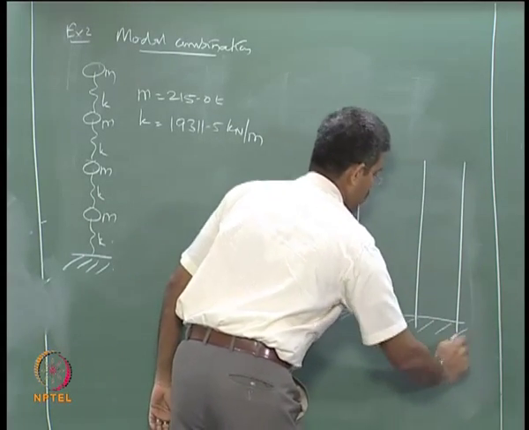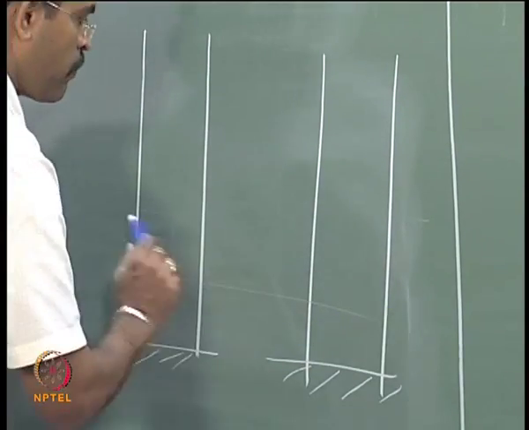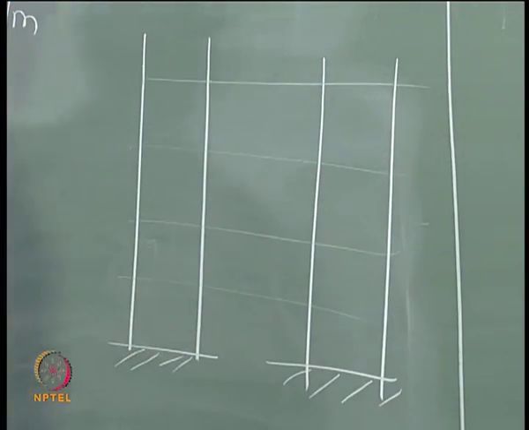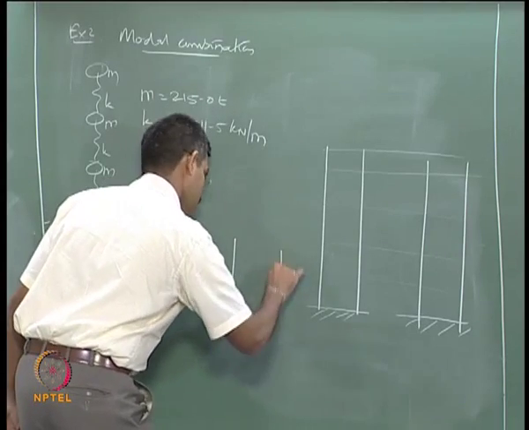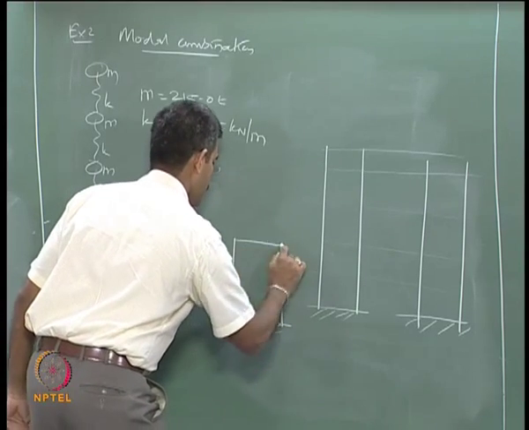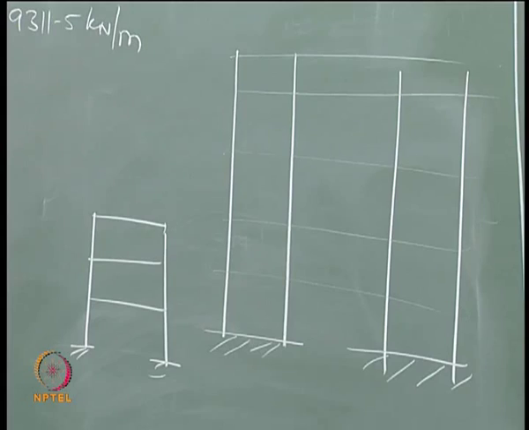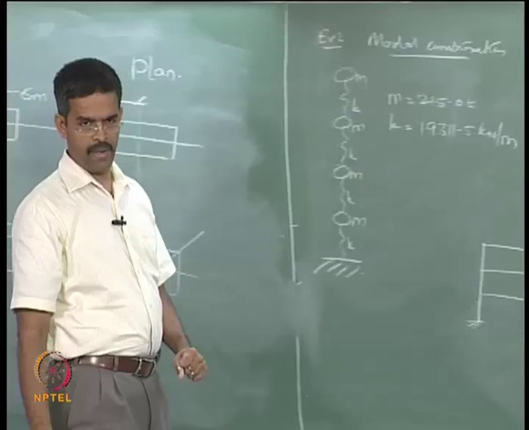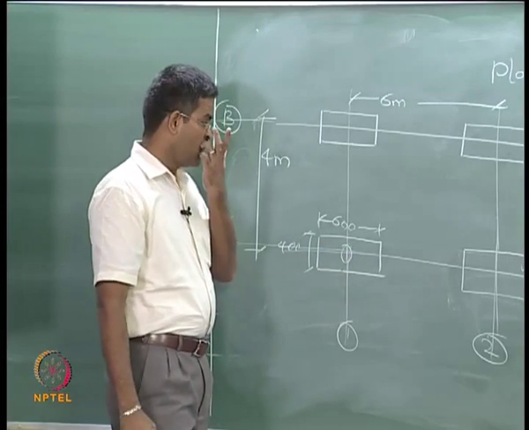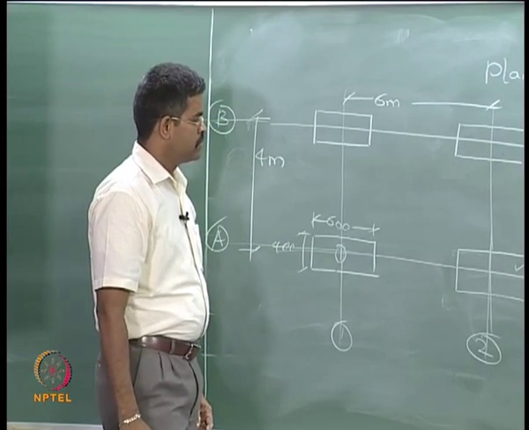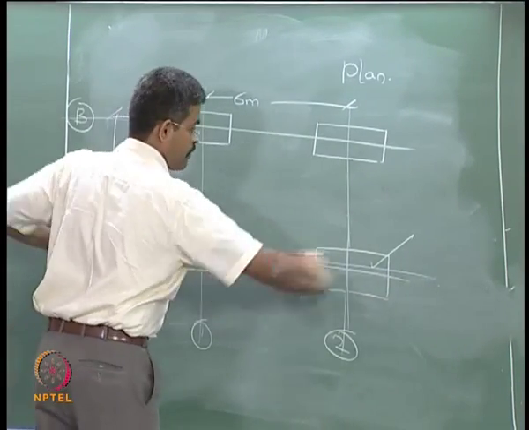Let us say I assume that these members are founded in soil at a fixed support. There can be n number of floors, we are not bothered about that. This is my elevation. I can also draw this as a line diagram like this, maybe 3 floors, 4 floors, whatever may be. Now the question is how to compute K. K is actually the bending stiffness of this member. So look at one frame, this is one frame, I call this A frame, and this is B frame.